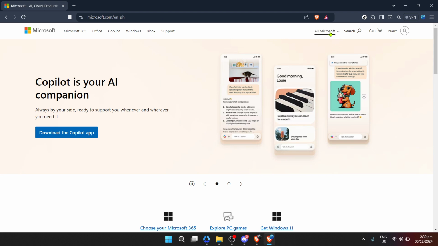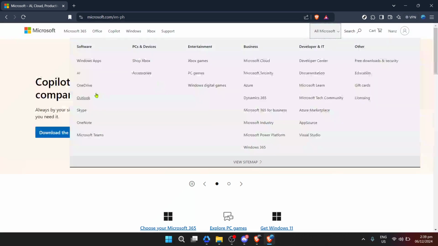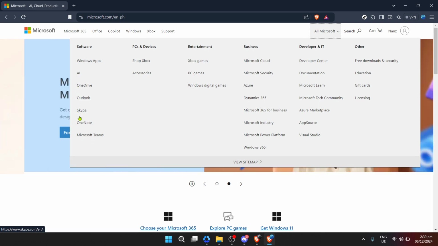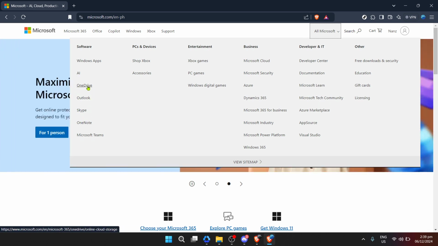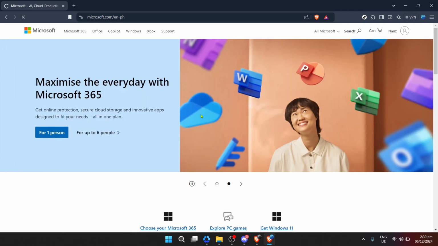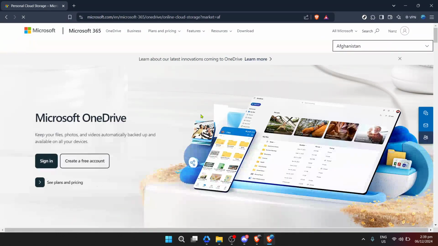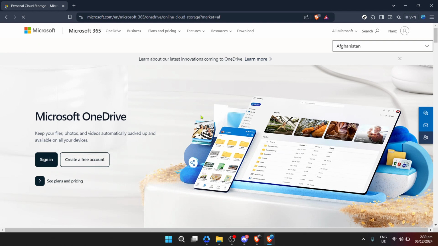Once your credentials are correctly entered, a Next button will appear. Click it to continue. If everything goes well, and I'm sure it will, you'll then be prompted to click Yes to stay signed in. This is especially helpful if you're doing this on a private computer and you want to streamline future sign-ins. With the login process out of the way, you're going to click on All Microsoft, which takes you to a comprehensive view of all Microsoft's offerings and services.